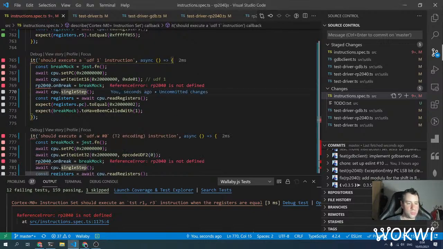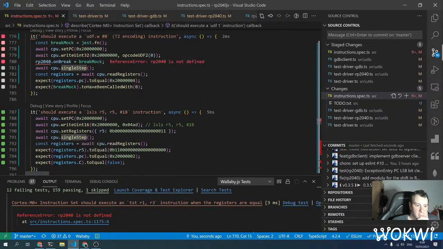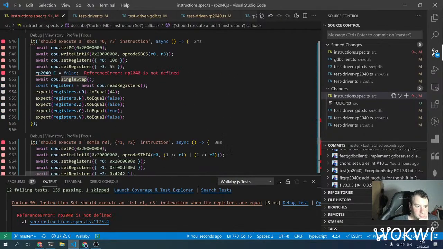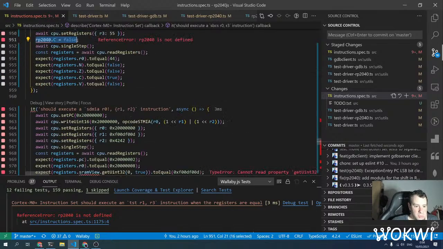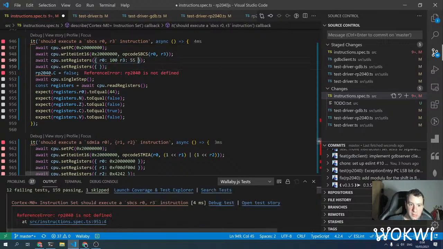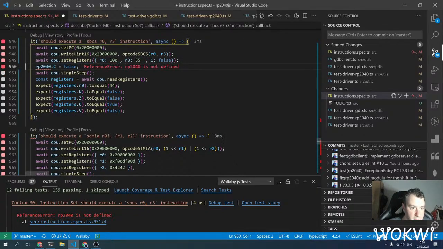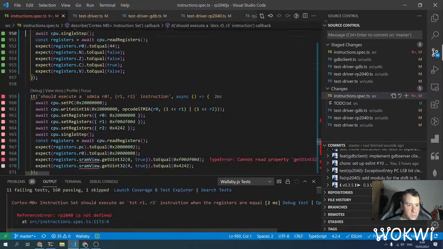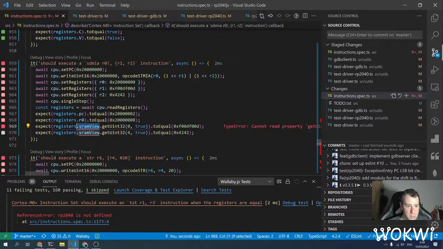And these two ones aren't very easy to do with the test driver, so we will probably revert them to just not use the test driver. And then we have those, here we just need to set carry to false. And it's green as well. And here just